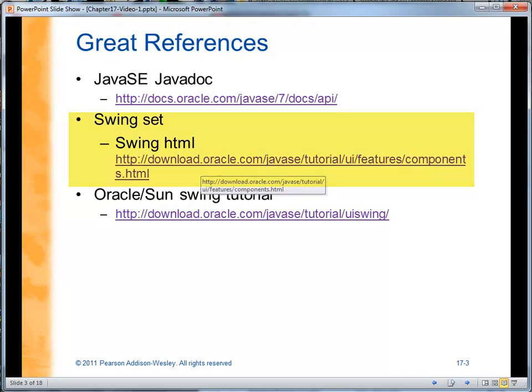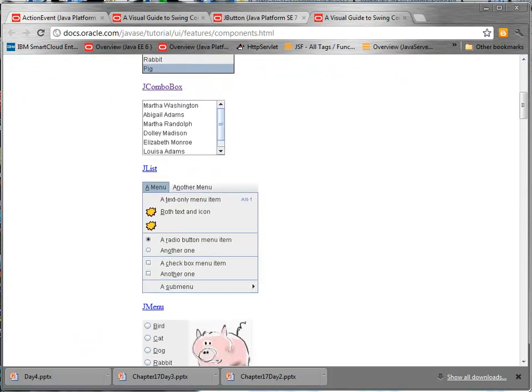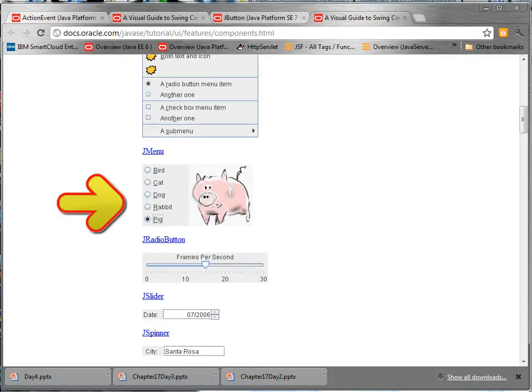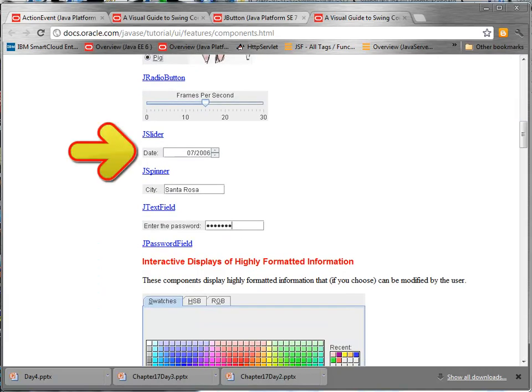To get an idea of the Swing set and what type of components are available, I gave you the second link. Now if we go out there and take a look, you'll see that you have buttons, you have checkboxes, we have a combo box here, we got a scrollable list. We have a menu with menu items, and menu items separated with a separator, radio buttons, sliders, spinners, text fields,